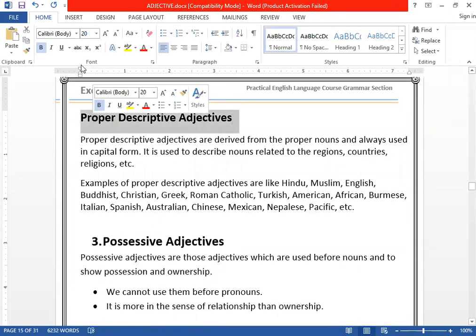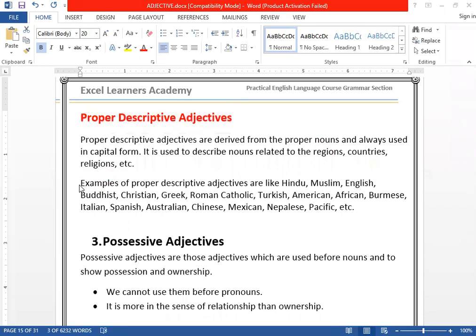Clear? The third one, the last type of descriptive adjective, we call it proper descriptive adjective. Like the proper nouns we studied before. Clear? Proper nouns. So proper descriptive adjectives are like proper nouns. We use them. Clear? So proper descriptive adjectives are derived from proper nouns and always used in capital forms, as we have already studied them. Clear? It is used to describe nouns related to the regions, countries, religions, etc. For example, these are few of the examples. If you look here,